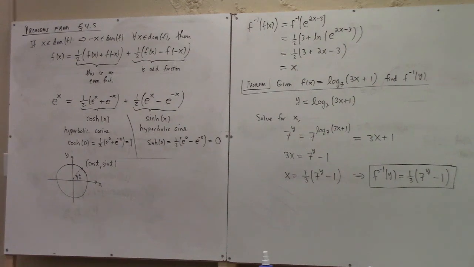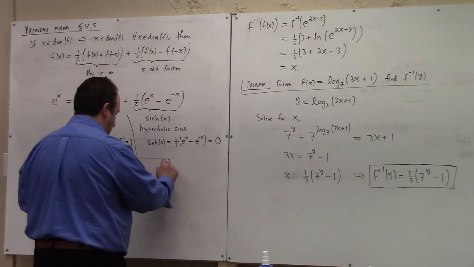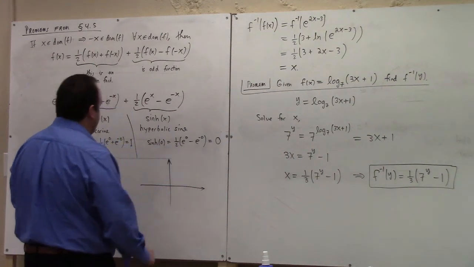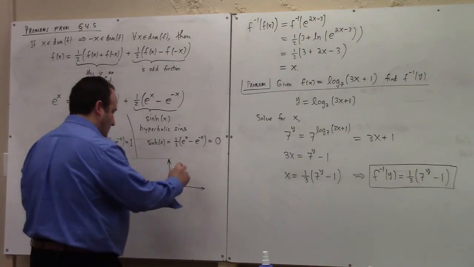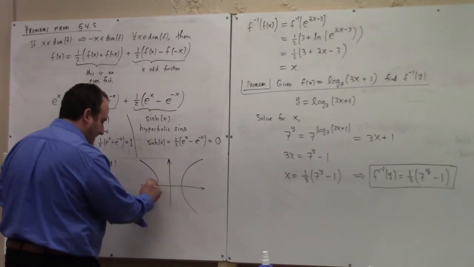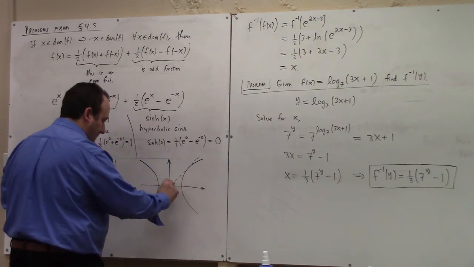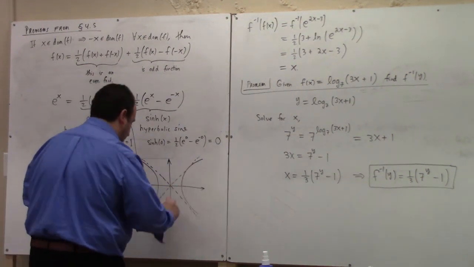Hyperbolic sine and hyperbolic cosine, if I was to, say, look at a hyperbola, let's see here, like this perhaps. So this would sort of be the unit hyperbola. This has the equation